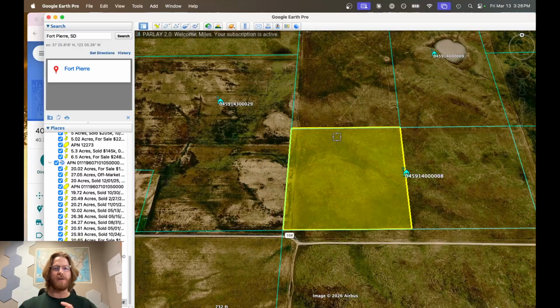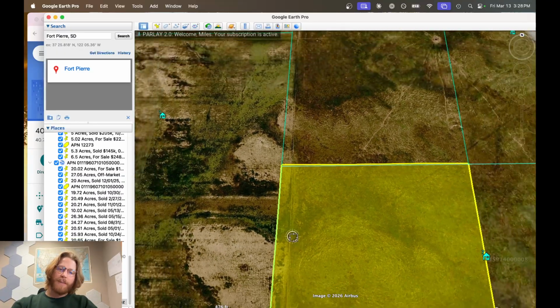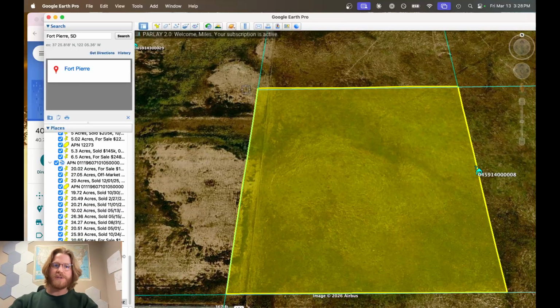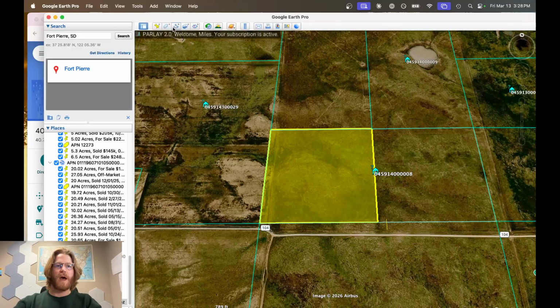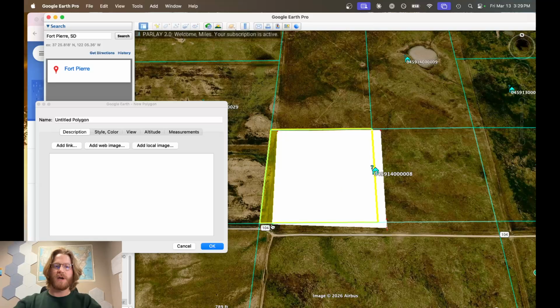It's actually slightly shifted. In all reality, you can see the fence line of the neighbor's property comes down on the western side of the property right here, and you can see the county roads down here. So realistically, this property should more so be something like this. Something like here. Let's get off that. This is what we're looking for. So realistically, the property boundaries are going to be something more along the lines of this,